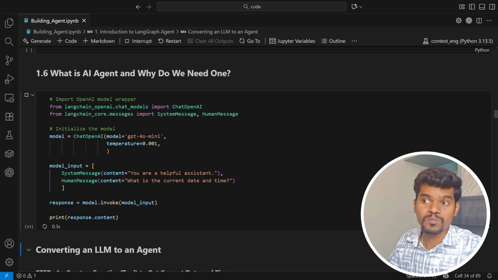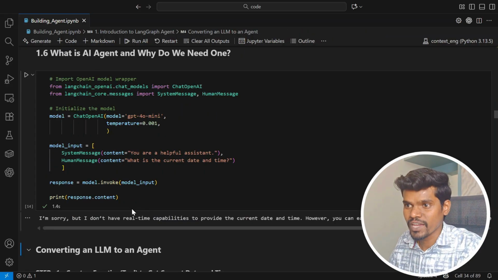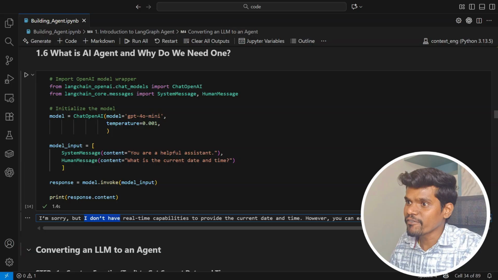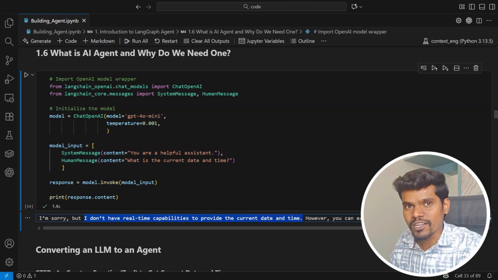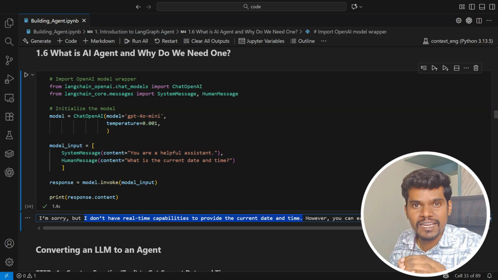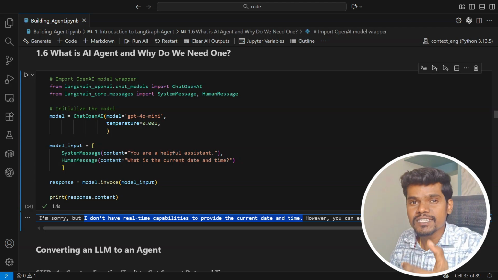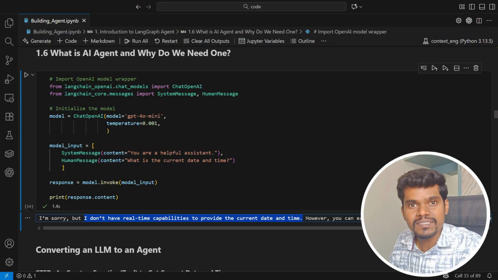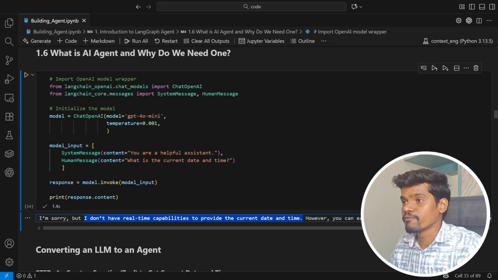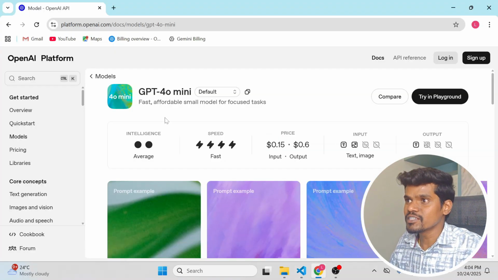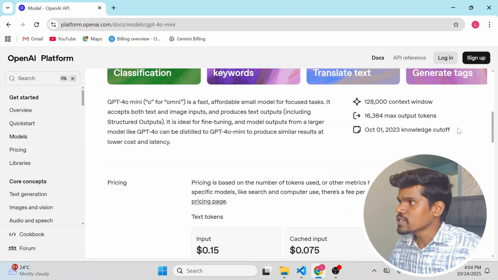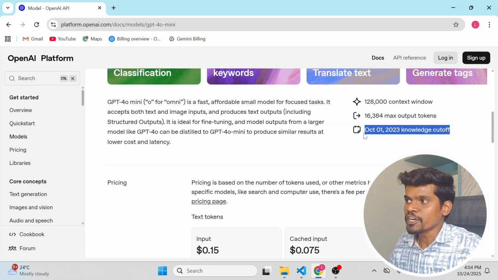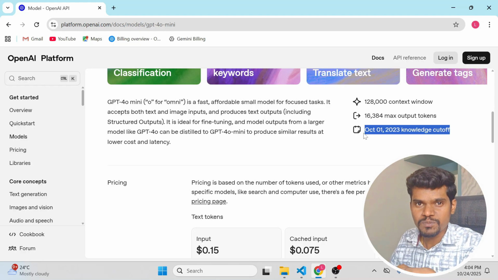Let's see what response we are getting back from the model. As you can see, it says, "I don't have real-time capabilities to provide the current date and time." Because large language models do not have access to real-time data. Yes, each and every large language model has a certain knowledge cutoff. For example, if you take this model GPT-4o mini, the knowledge cutoff of this model is October 2023, which means